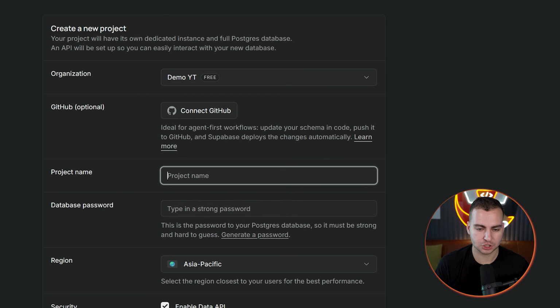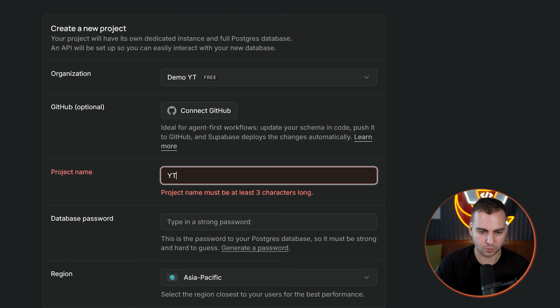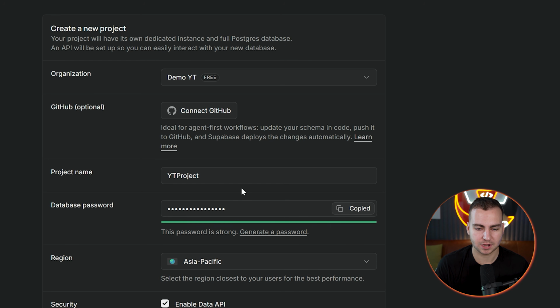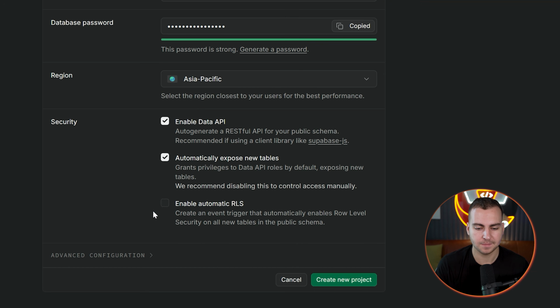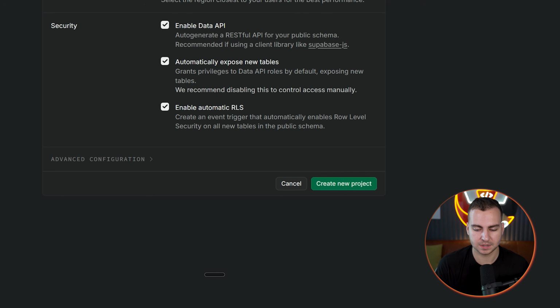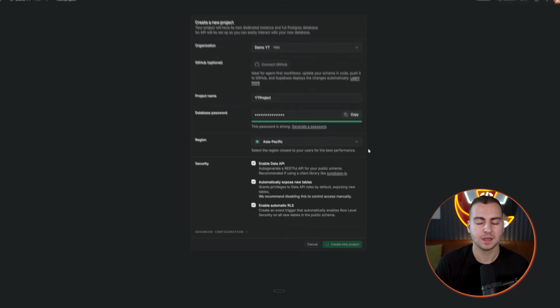We have our organization. For the name, I'm just going to go with YT project or something. For the password, we can just generate one and then copy it so we don't forget. And we're going to enable automatic RLS and then everything else that we have here, okay? There's some advanced configuration as well if you want, but we're just going to leave all of these by default. Choose the region that's closest to you or where most of your users would be, and then just create this